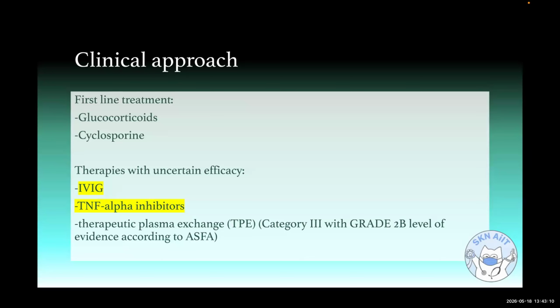In recommendations, there are drugs for the first-line treatment, and corticosteroids and cyclosporine are recommended as a first line. However, intravenous immunoglobulins and plasmapheresis are not routinely used, and they are categorized as therapy-free therapy according to ASFI guidelines, so not really